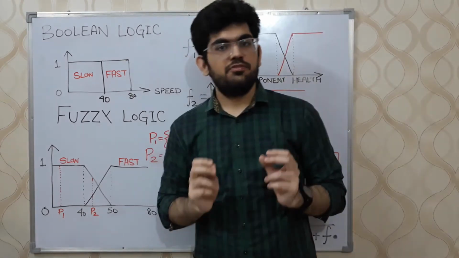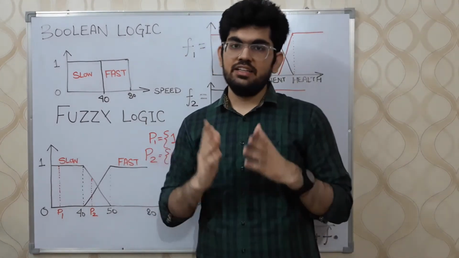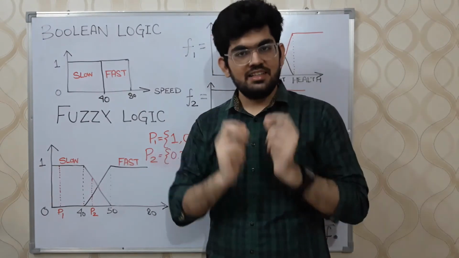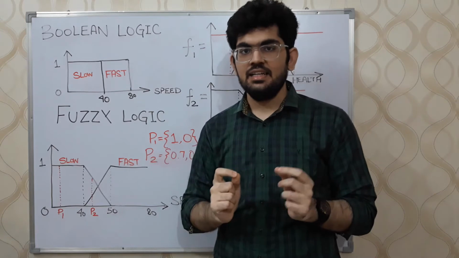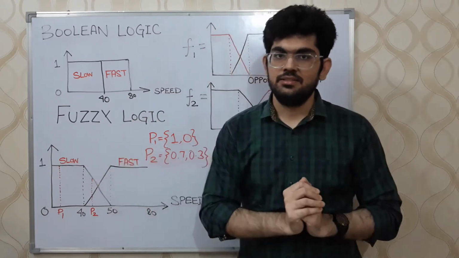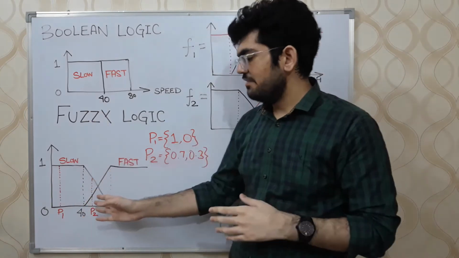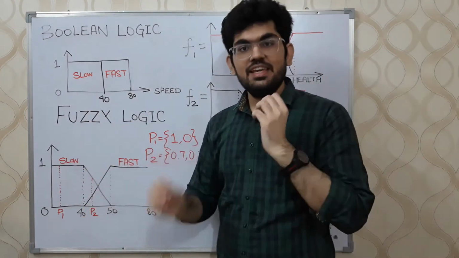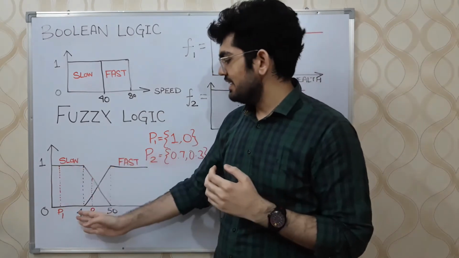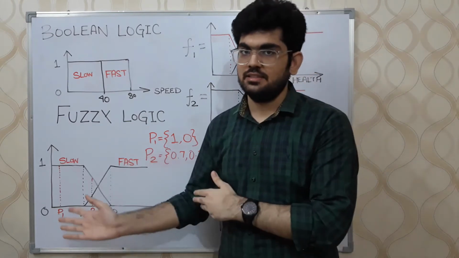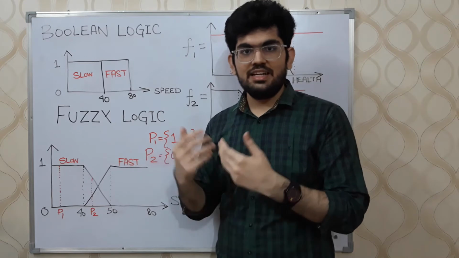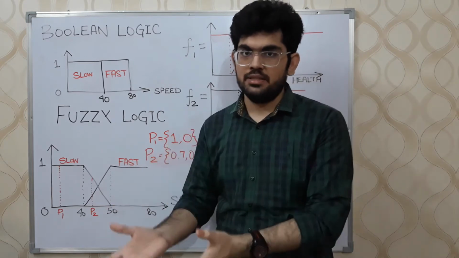Now fuzzy logic is a very good framework and it is used quite a lot, but it also has its limitations. One such key limitation is that the definition of slow and fast is still defined by us humans. This set membership function that we have is defined by us. We are the ones who decide that the speeds less than 40 are slow and the speeds that are greater than 40 should be considered as fast. So all the decisions that this AI can take is based on the knowledge that is represented by us programmers.